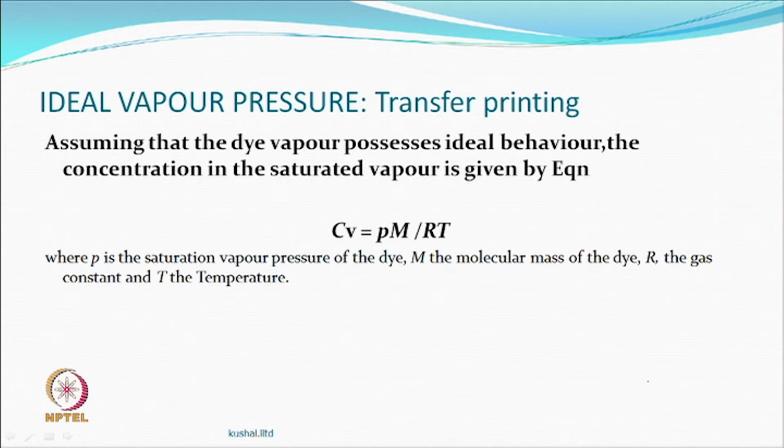So, ideal gas, okay. Nothing is ideal in this world, but assuming that it has an ideal behavior, then the concentration of a dye would be related to P, which is the vapor pressure, saturation vapor pressure. M is the molecular mass of the dye. If the concentration is in moles, it is a different story, and R is the gas constant and T